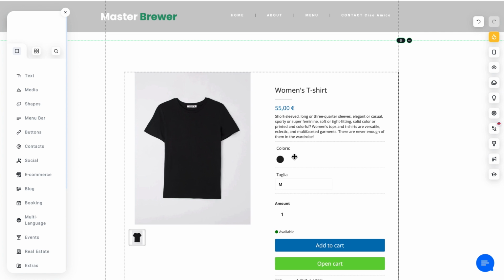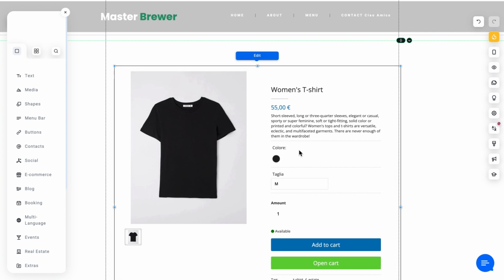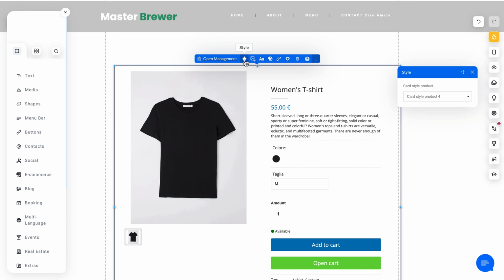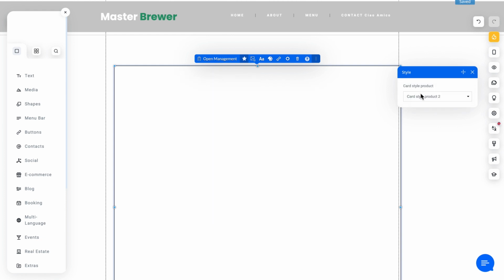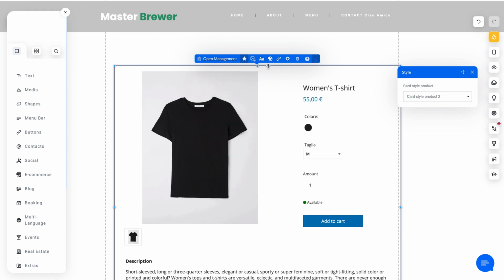To customize the product card, click on the component with the left mouse button. Click on Edit and go to the star icon to change the style of the product card among the 4 available styles. Click on the text icon to edit: